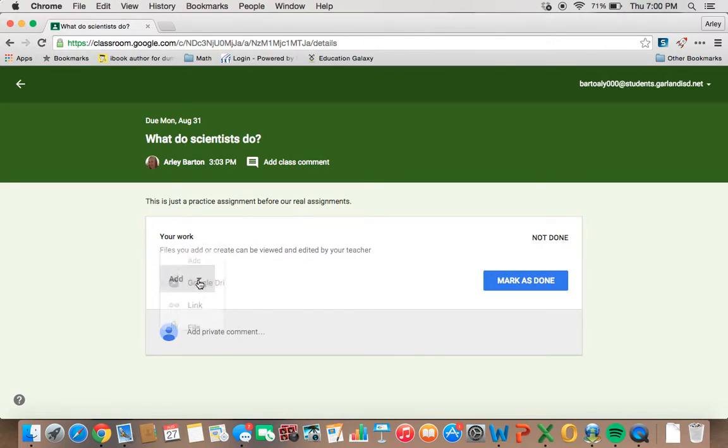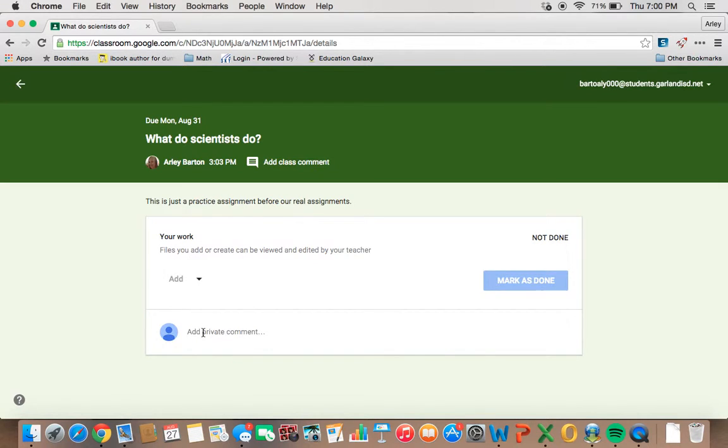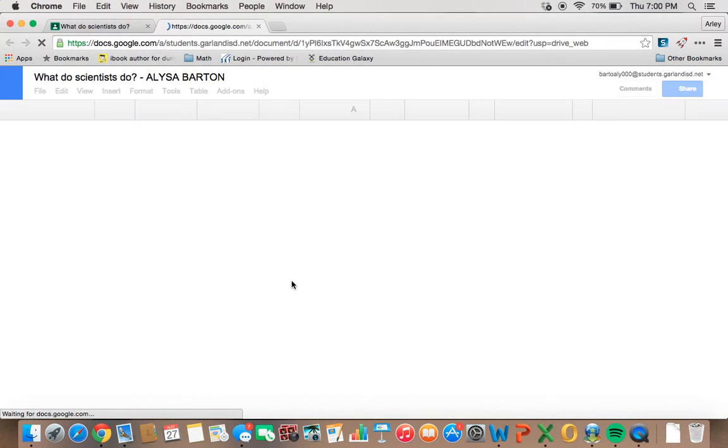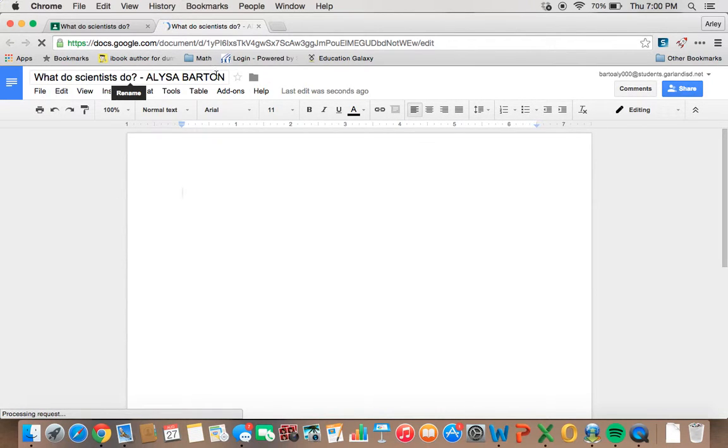Okay. So what I need to do is add a document because I need to type up what scientists do. So I'm going to add a document. I'm going to click on that document. And as you can see, it's already titled, What Do Scientists Do? And it has my name, which would be my daughter's name. So I'm going to type out